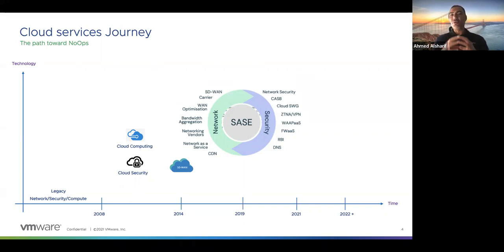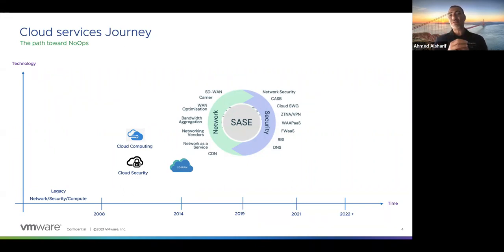Now, here is the key word. SASE will not provide any value unless you have it as one integrated solution. If your solution is not integrated, then SASE will not give you any benefits. And that's the most important part. You can pick and choose these services from anywhere, from company X, company Y, but if you build it yourself, you're not going to get any value from SASE.